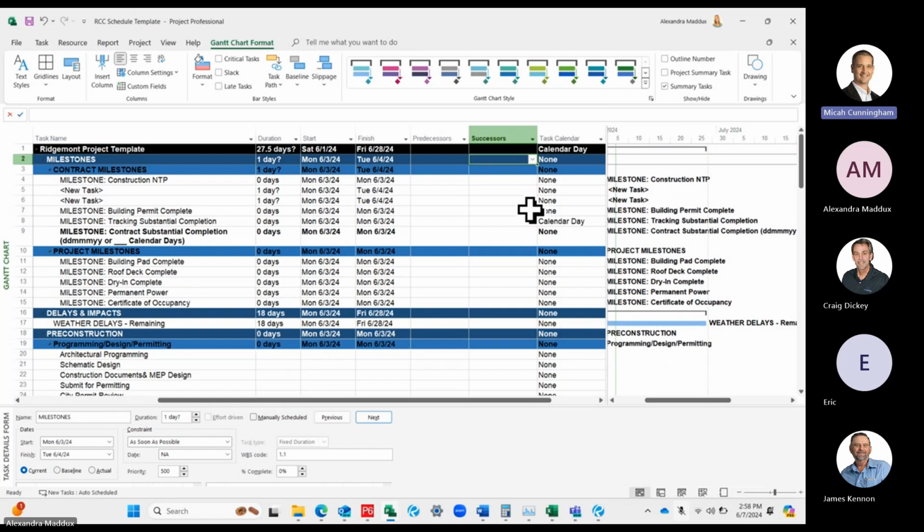So those are the basics of just how to add a column, how to show different information. So again, if you're adding a column and hiding it, you're not deleting it, you're just not showing it on your screen. Any questions there? Make a note that the resource name, you want to put in your subcontractor